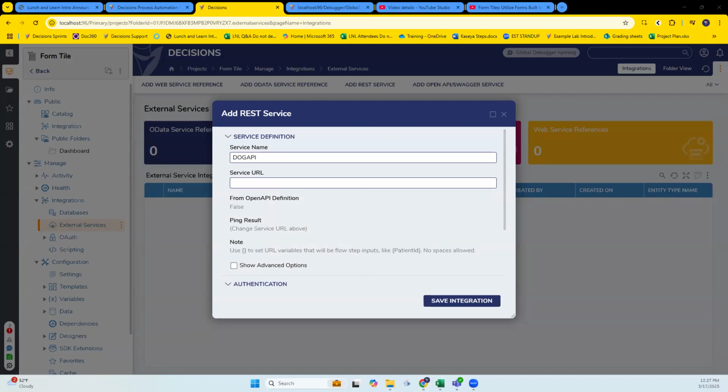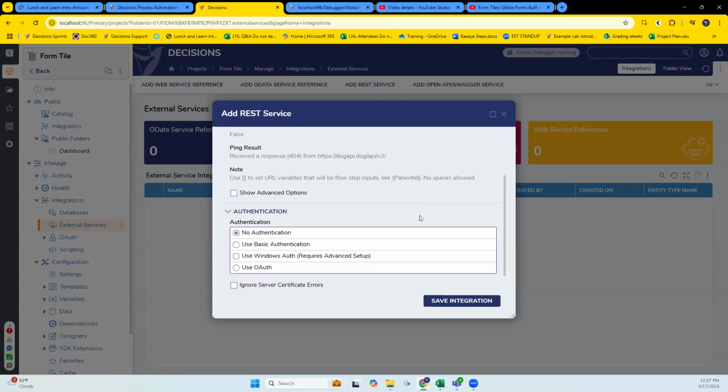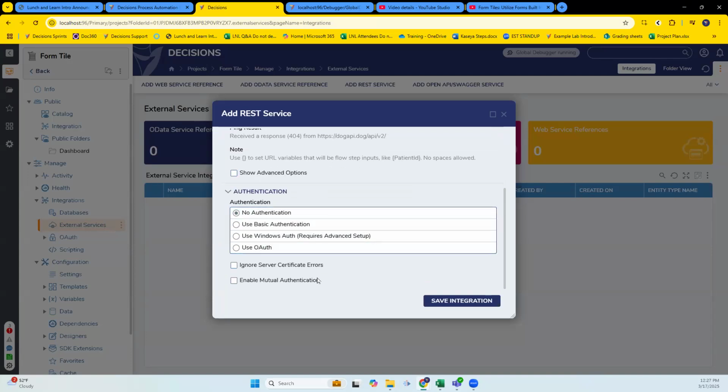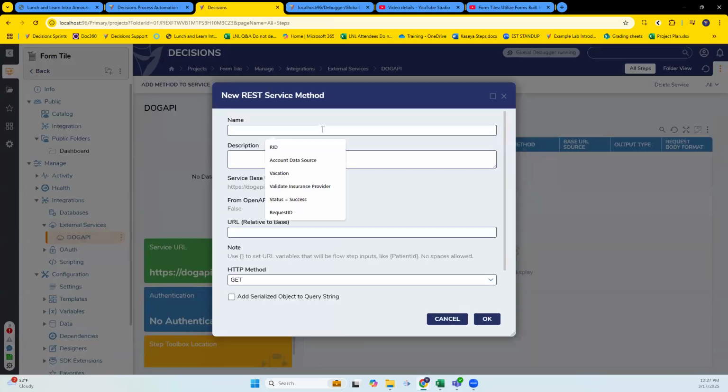Okay. There are a few things that could be causing that. Can we run this get method here, just so I can get to the methods part and show? Sure. Can you use the same service URL that I posted in the chat before, and not the breed? Drop the method from that. Yeah, just all the way, perfect. And then that's all we need for that. Save it. Add a method.